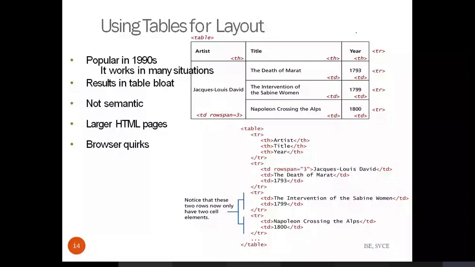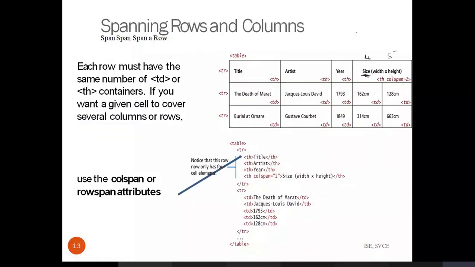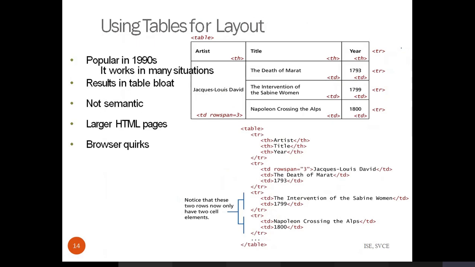You can just observe here. This is column spanning using the colspan attribute, and you can observe this is row spanning. Span 3 means 3 rows are spanned. This is how you need to give the code: td followed by the attribute. Rowspan is an attribute, not a tag. You should be very clear about what are properties, attributes and tags. For the td tag, rowspan and colspan are the attributes.